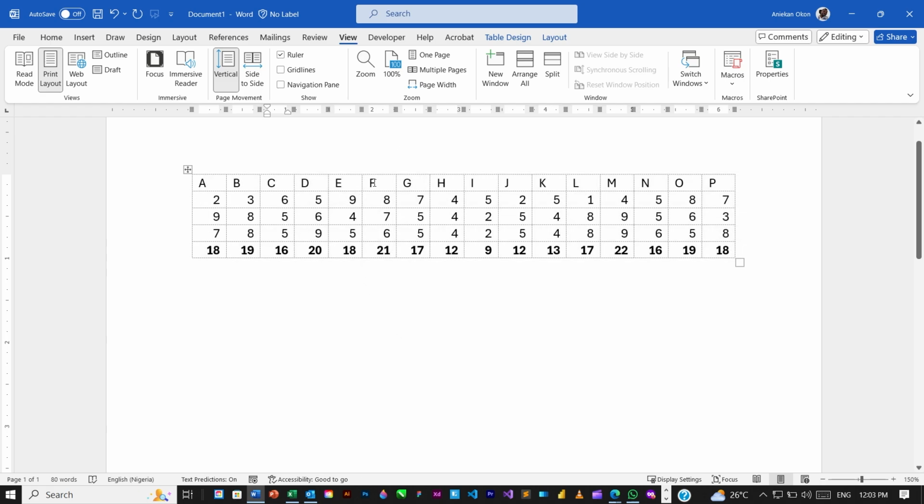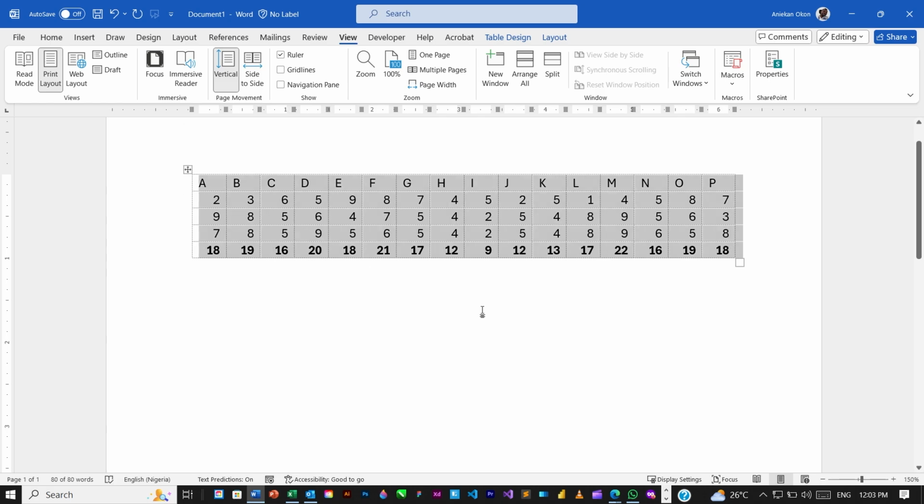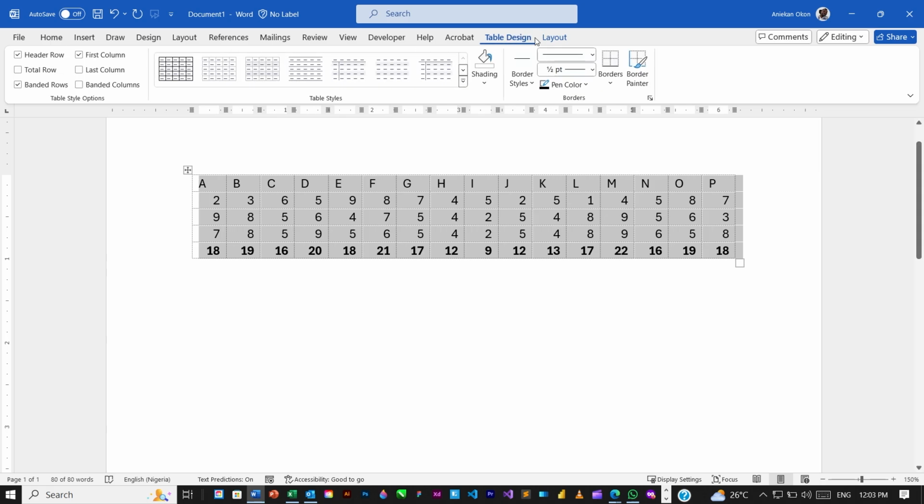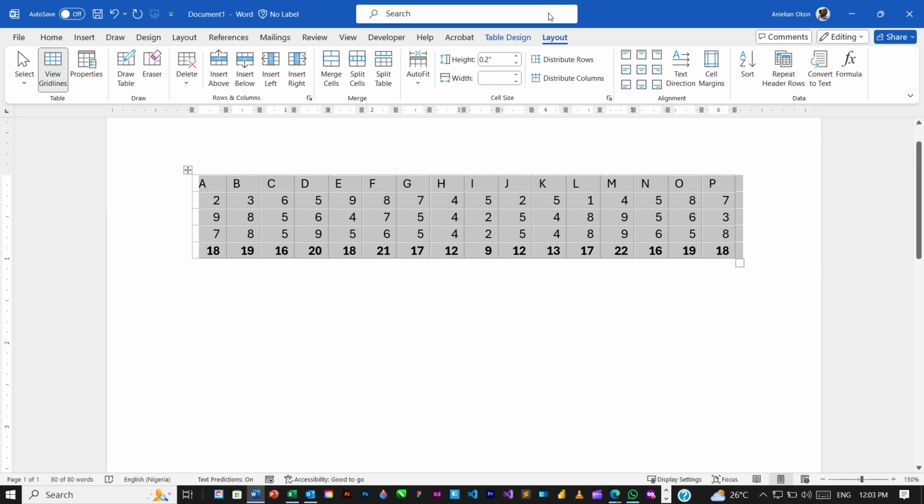But if you don't want to use that also, you can still select the entire table by clicking on this move table icon. And then if you look at your ribbon tab menu, you will see that two new ribbon tabs have been introduced. Those are called context ribbon tabs. They only come out when you are working with a table. So you have your table design and then your layout. So what we are going to do is in the layout ribbon tab,